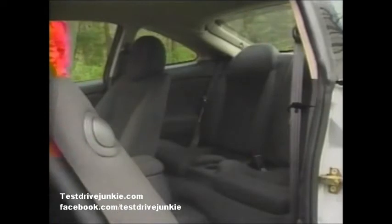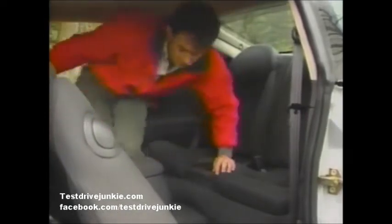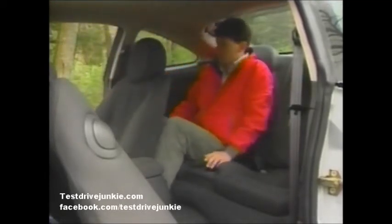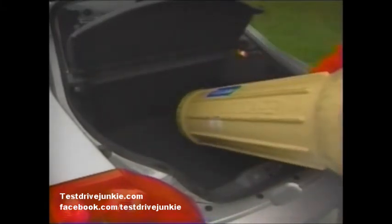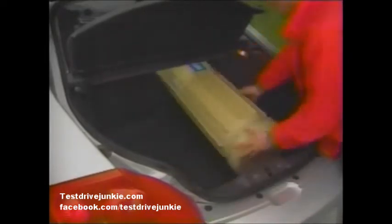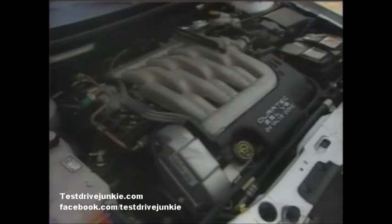Behind the console, rear seat room is sport coupe tight, and the heavily sculpted seat bottoms are a challenge for those wide of hip. Headroom is, however, better than expected. But hey, if it's your car, you won't be riding back here anyway. The 12.4 cubic feet of cargo space beneath the rear hatch, on the other hand, is very usable and gets even better when the 50-50 split seat backs are folded. This cat can carry a lot of baggage and can move it smartly down the road, too,